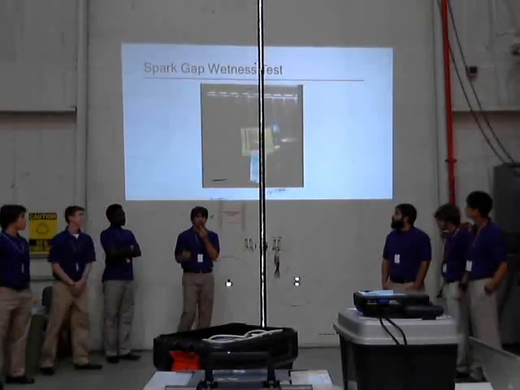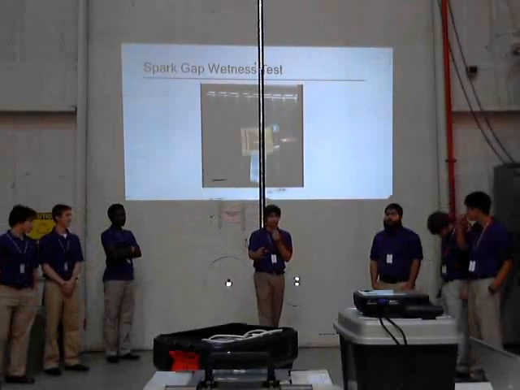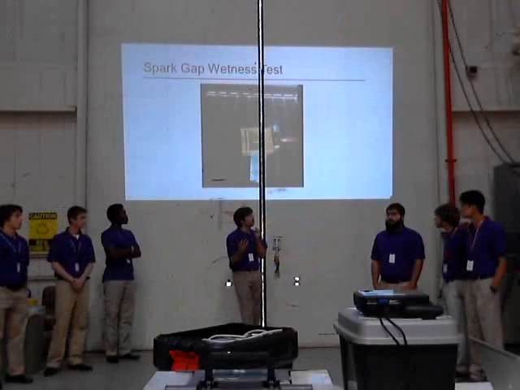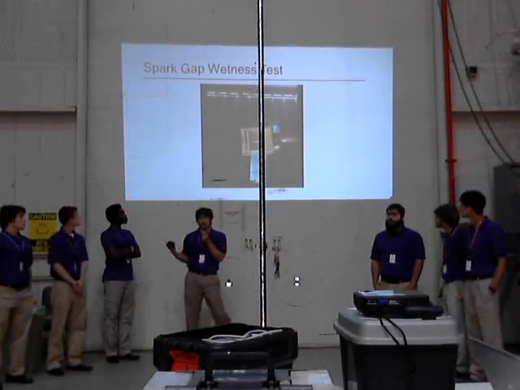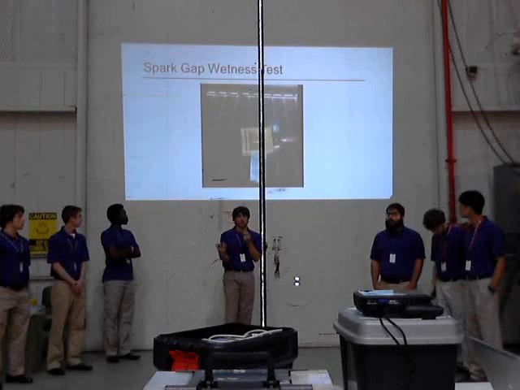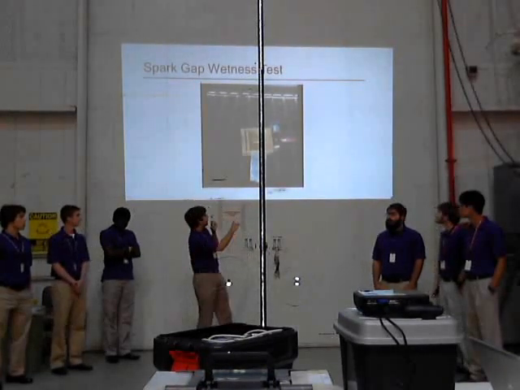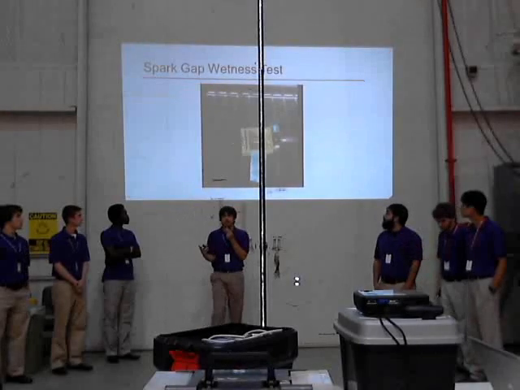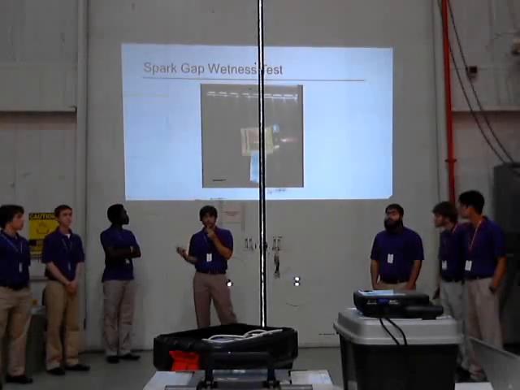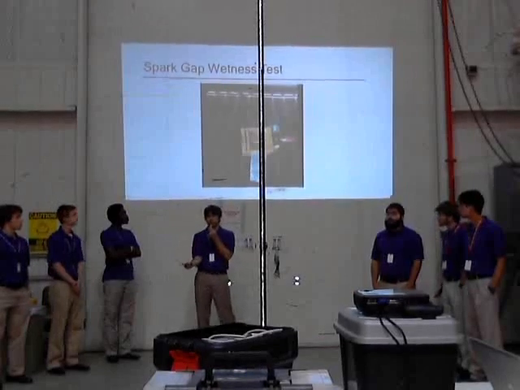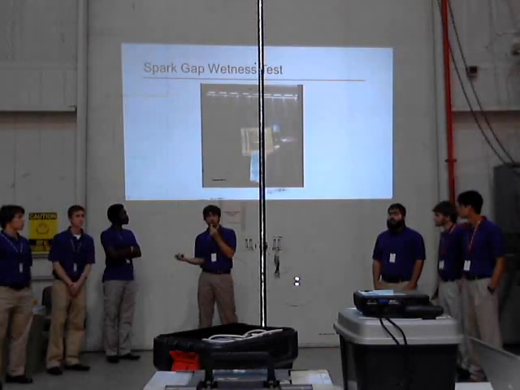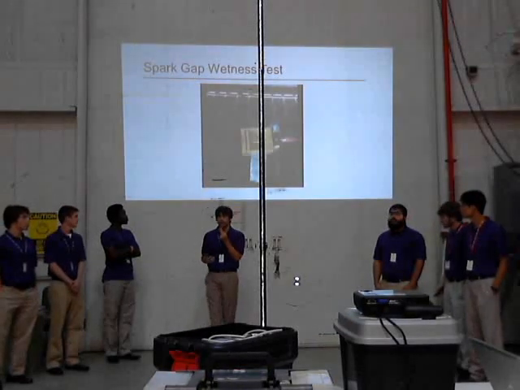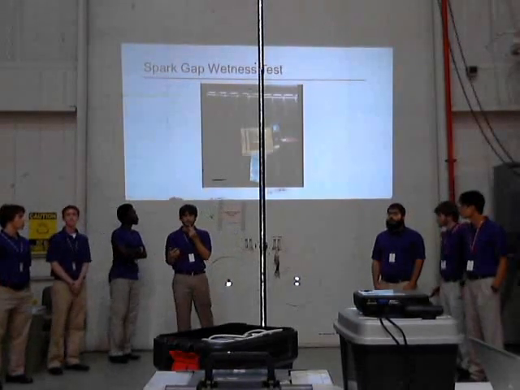All right, so as Dr. Guzik mentioned, there's a possibility of rain tomorrow. We're also concerned about condensation in and on the payload through flight. So we did what we called the spark gap wetness test, where we basically just soaked the spark gap and saw if it had problems. This was our first gen, which had wooden end caps. We ended up replacing those with epoxy, and with the epoxy, we basically had to submerge the spark gap in a puddle of water before it would actually have a problem. So we're fairly confident that even if the spark gap gets wet during flight, we're not going to see any dangerous side effects.